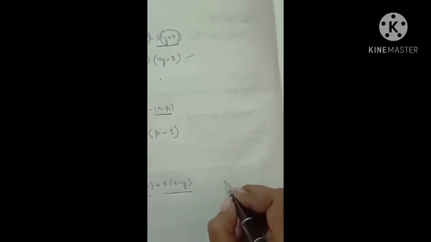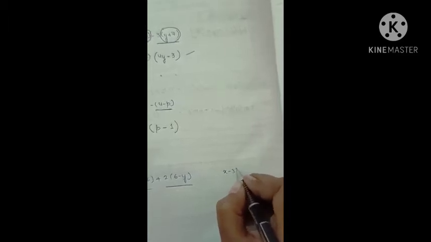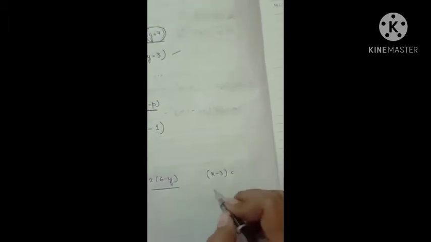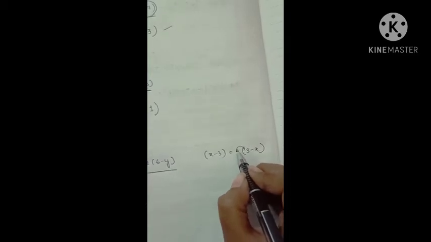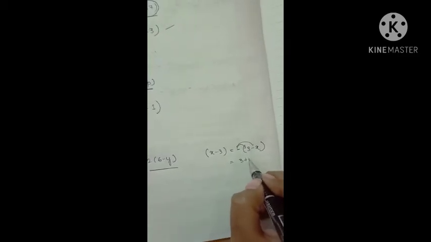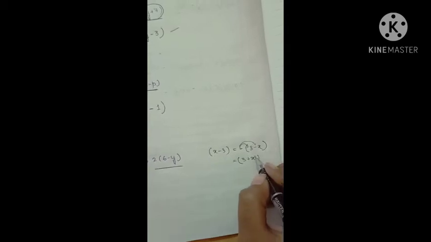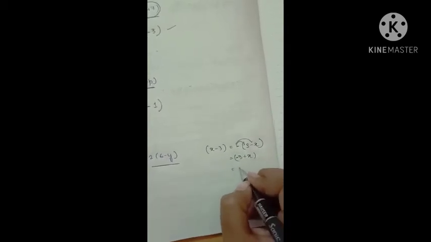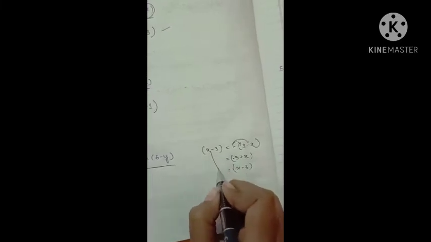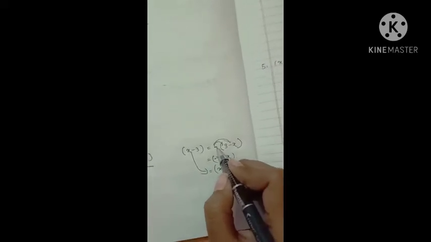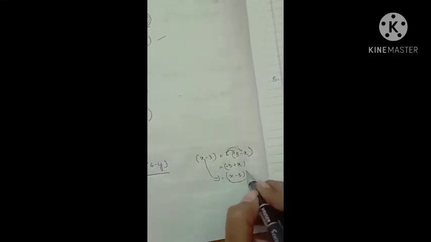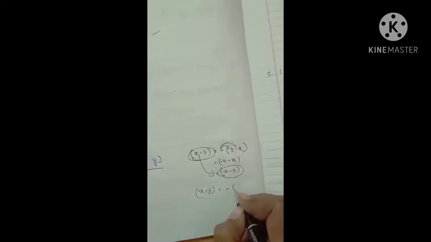if we write it like this, suppose we have x minus 3. Okay, so x minus 3 is equal to minus of 3 minus x. See, when you multiply this minus sign here, what do you get? You get minus 3 plus x. Right? You get minus 3 plus x. It means you can write it like this. So this is the same. You are getting this after multiplying this minus sign inside this bracket, you are getting the same number. So it means that x minus 3 is equal to minus of 3 minus x.